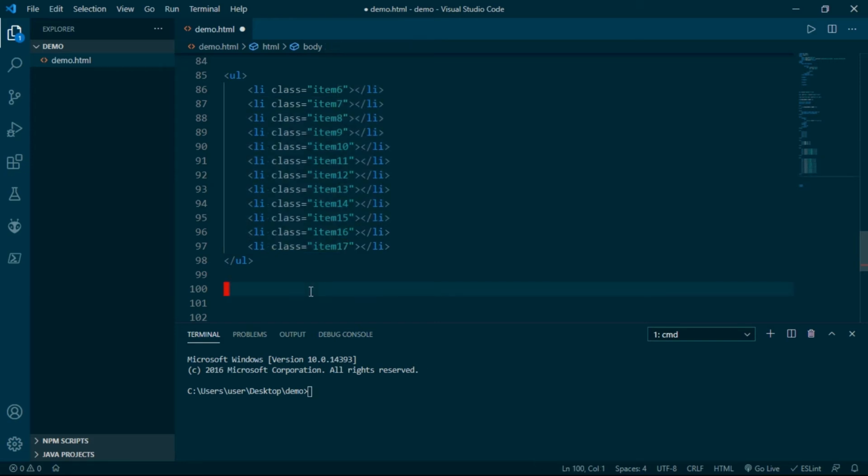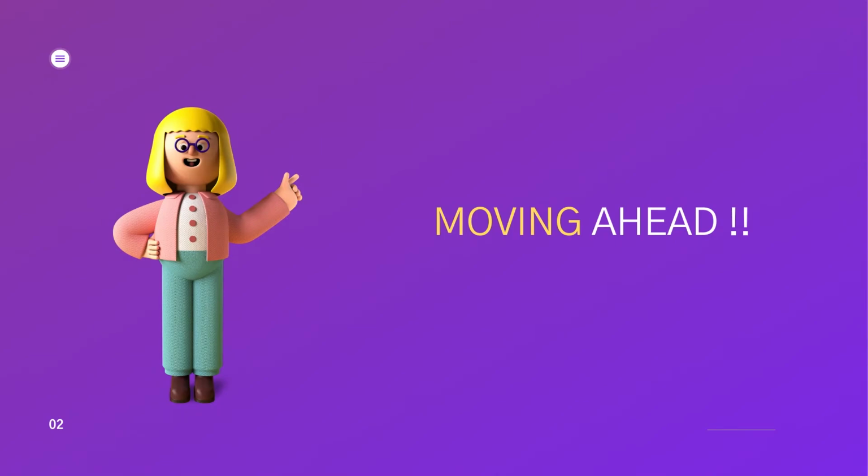Moving ahead, hoping you're not getting confused. As you practice it a bit more, you will get familiar with this and you can play around with the Emmet codes. As we saw, we can manipulate all these things. Now we can also do it in a reverse direction too. So it is homework for you.